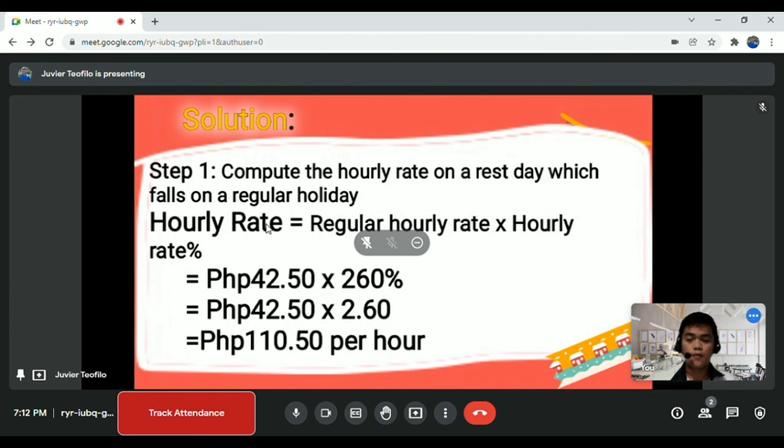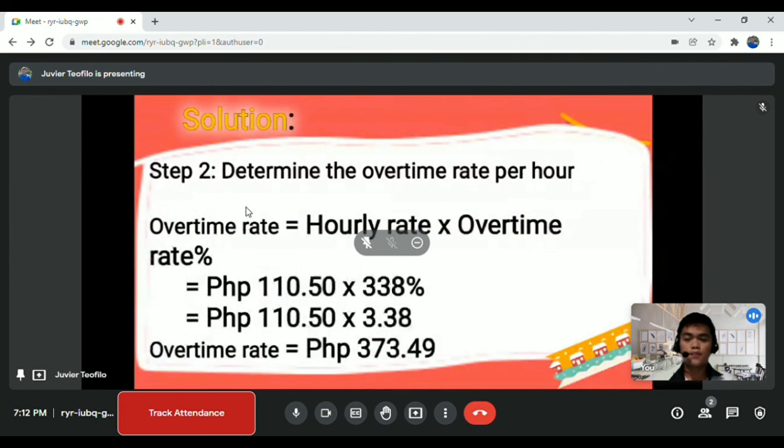Okay, so step 1. Now, please take note of our hourly rate. So we are now in step 2. Determine the overtime rate per hour. Overtime rate is equal to hourly rate times overtime rate. So, overtime rate. Now, we have 110 pesos point 50 centavo in hourly rate. Multiply by